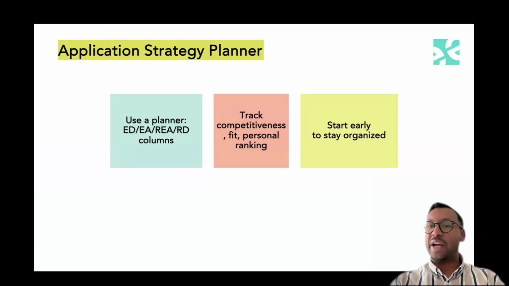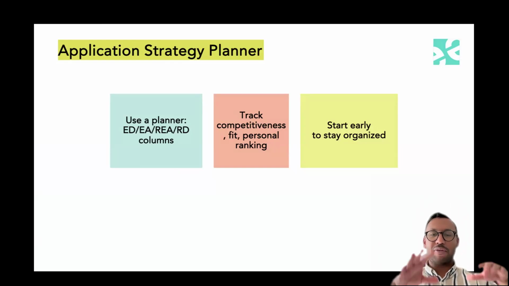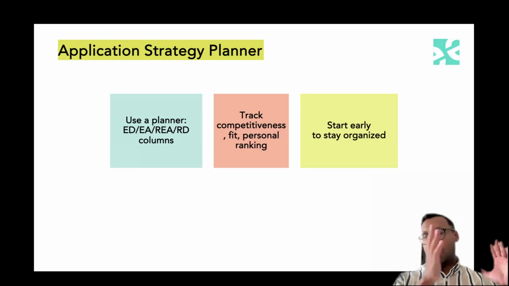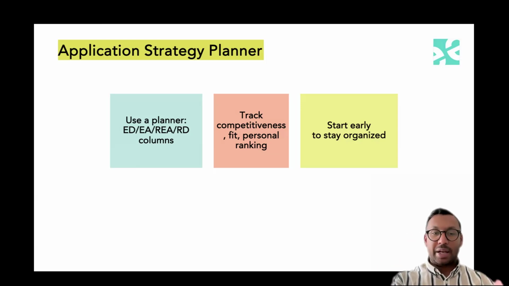Some of the advice that I would leave you with is to use a planner. Think about early decision. Have multiple schools in early decision at this moment in time, and then dwindle it down to schools that you believe, after doing research, are going to be the best fit for you. I highly recommend applying early decision for its showing demonstrated interest, and again thinking about the competitiveness and how that increases in regular decision. Definitely apply to early action.